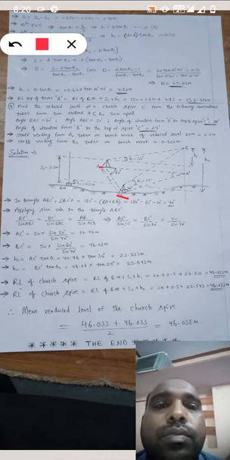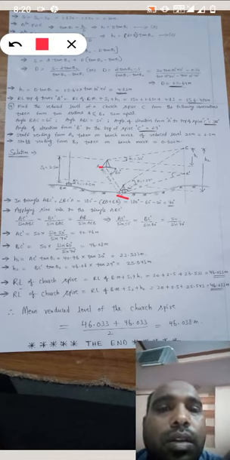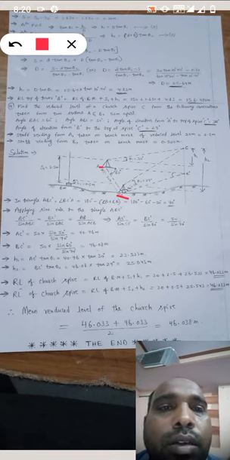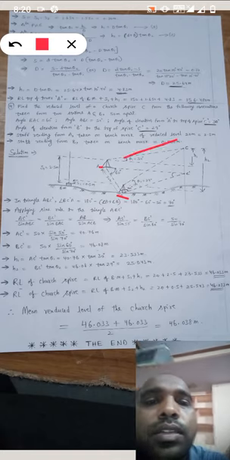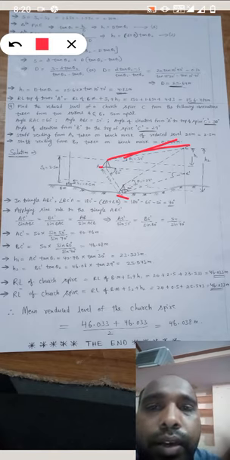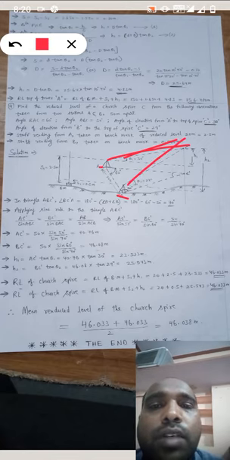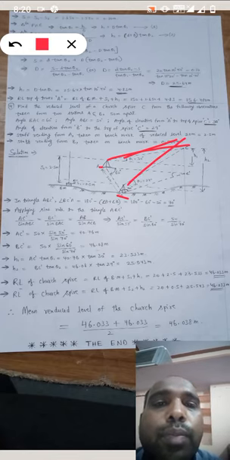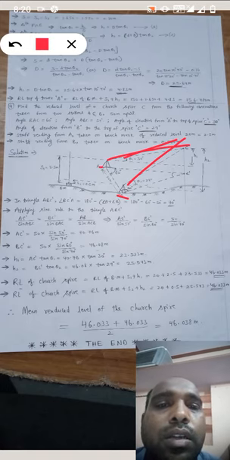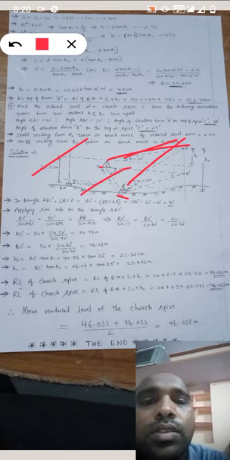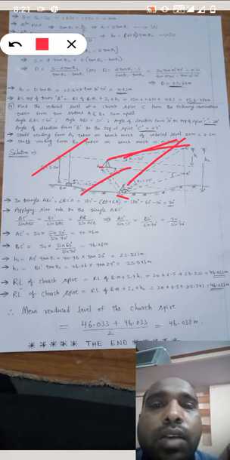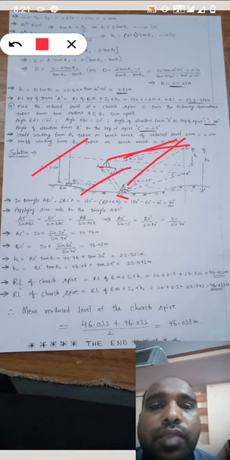So this 30 meters is given from A to C. Next, angle of elevation from B to the top of the spire is given 29 degrees. Staff reading from A taken on benchmark of reduced level 20 meters is 2.5 meters. Staff reading at B taken on the benchmark is 0.5.